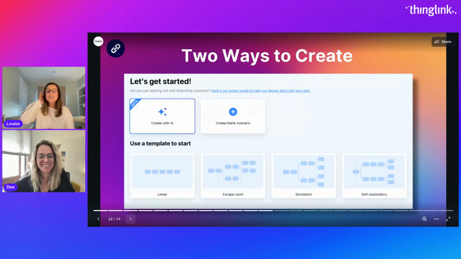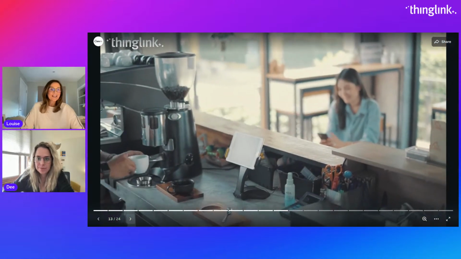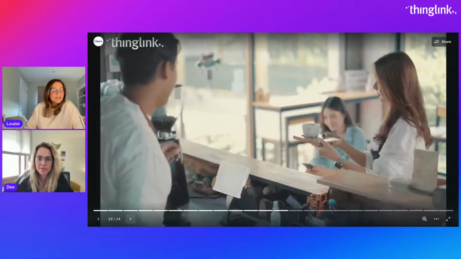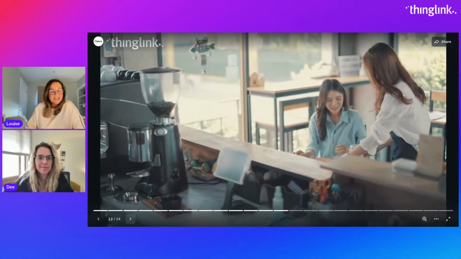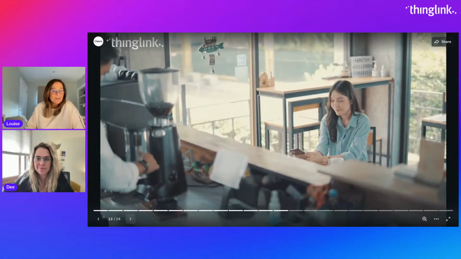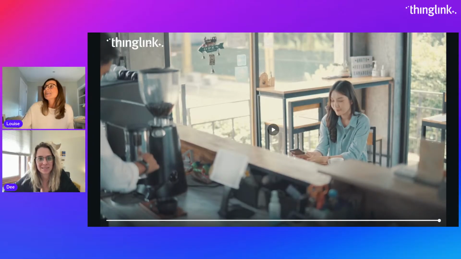But the context I want you to think about is if you are in your cafe and you maybe are a cafe owner and you want to teach your future baristas a little bit about what it's like to work in your cafe, but you also want to give them some basics. I've got the PDFs if anybody wants to play along with me, or after the webinar, we shall give you the resources to do this. So I'm going to go into my